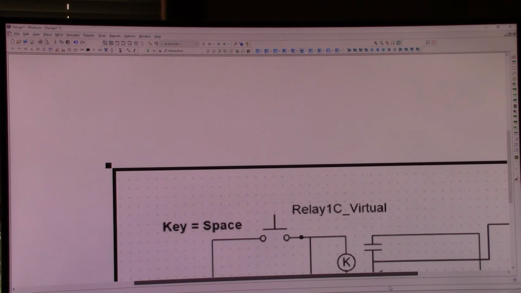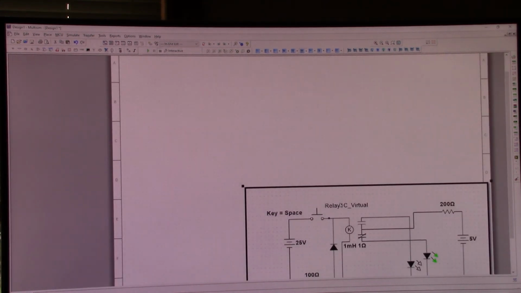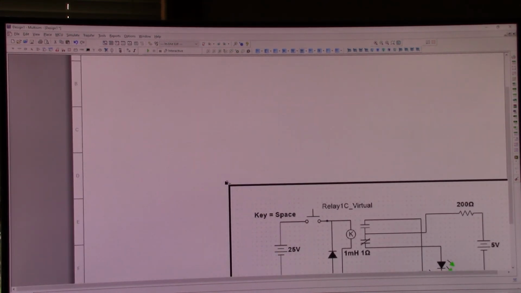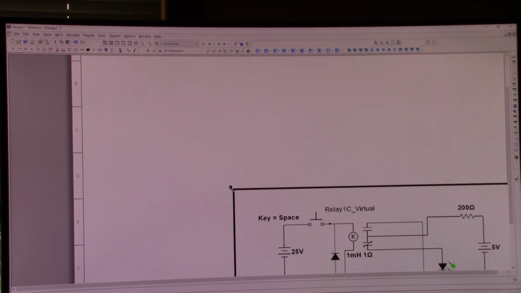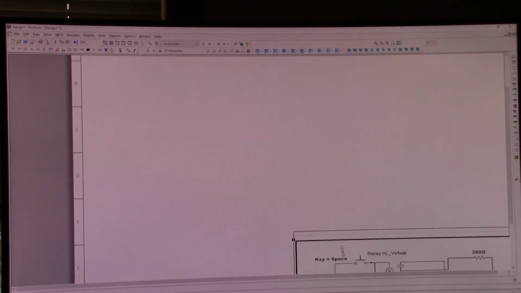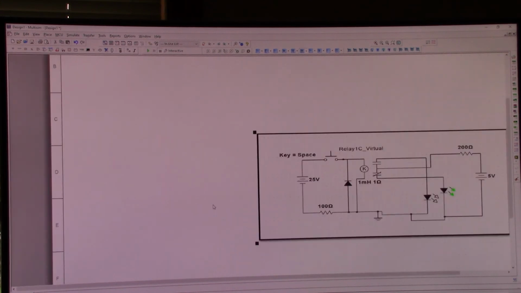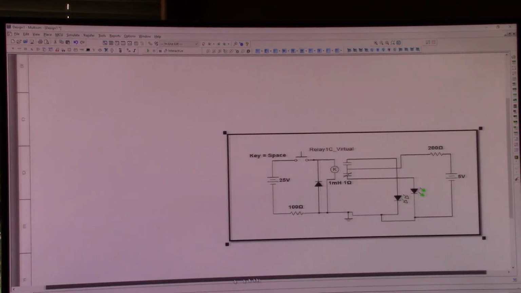Just kind of resizing it so that we have some space to work in. That should be about right. All right, and